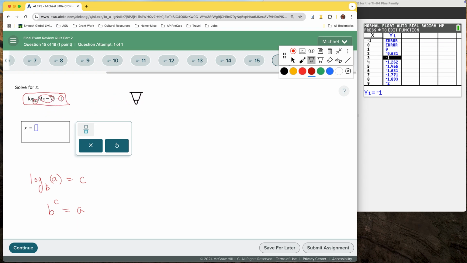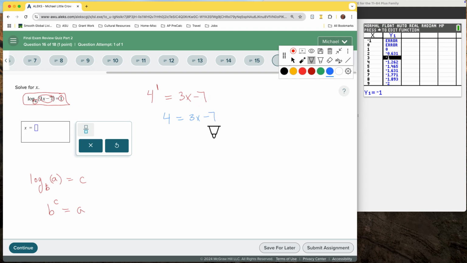Okay, I like to start with the base because the base is the base, right? And there's going to be an exponent on it. What's that exponent? It's going to be the thing from the other side. That's the 1. And everything else goes over here. Now, it hasn't quite solved for x, but it's got us in a world where we're going to see a linear equation because 4 to the first power is just 4. If it was 4 squared, it would have become 16,